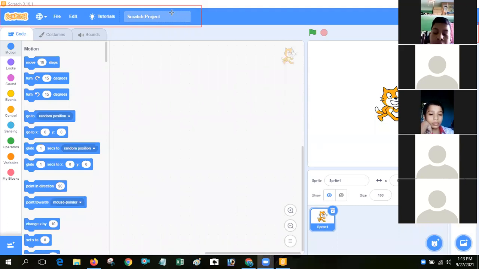So you see menu bar and cursor tool. This one is called cursor tool, and this one is called menu bar. Next, green flag. This one is green flag, and this one is stop button, and stage. This one is stage.